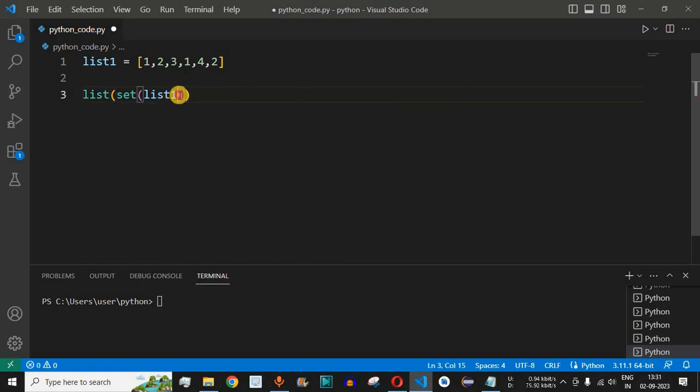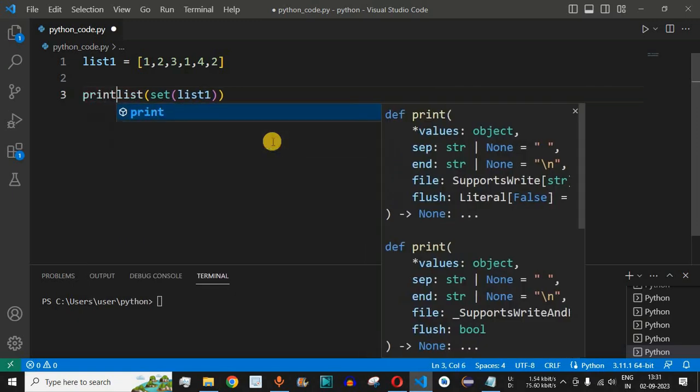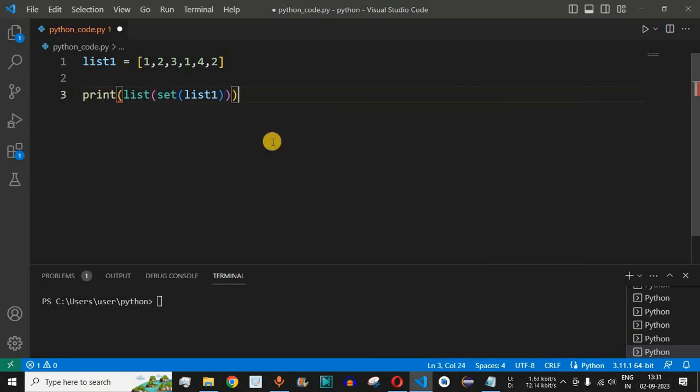So basically first we are converting this list1 to a set so that all the elements are unique, and then this entire thing, that is the set, we are converting it into a list so that we display it as a list. Now guys, in the end what we can do is we can have the print statement and enclose this entire expression inside the print statement so that the entire list is printed. So basically we will get the result in this case, which is all the elements that are included in list1, but the elements that are occurring twice or more than once will be occurring only once in the output. So let me just save this file now and try running this code.